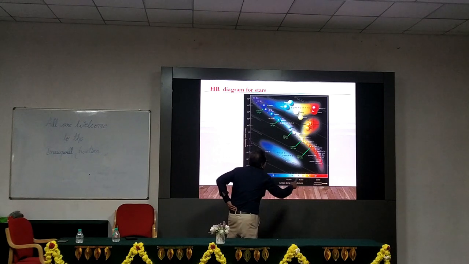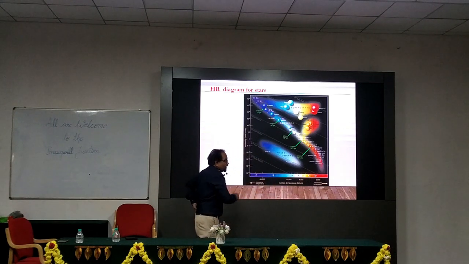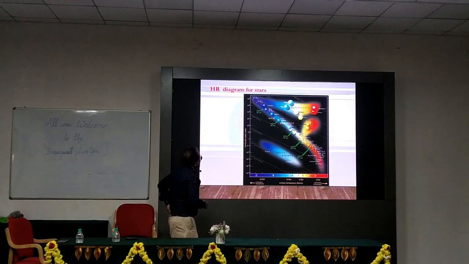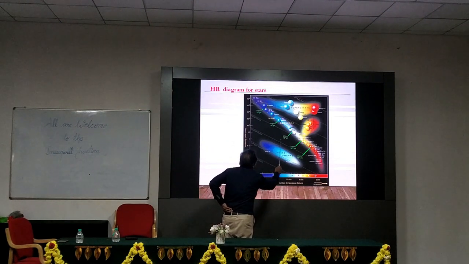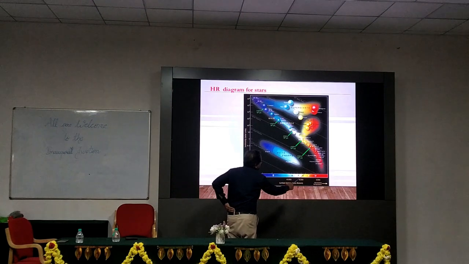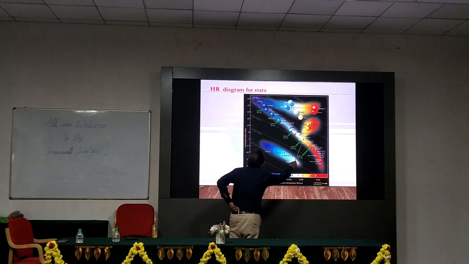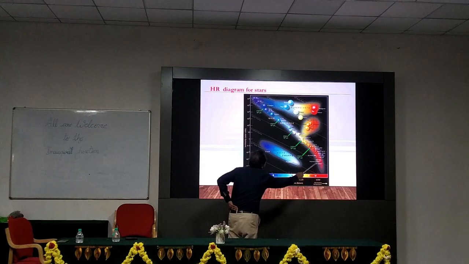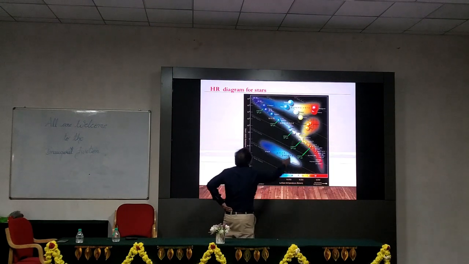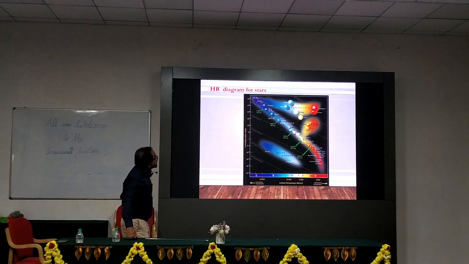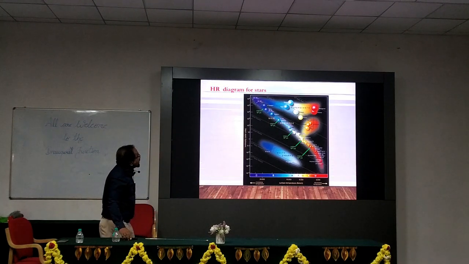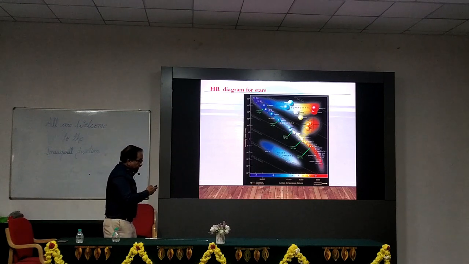OBAFGKM. How that name comes in, I'm not going into more details. So where is the sun here? The sun will be one solar mass and a G type of star, a yellow star, so the sun is somewhere here. You see a large number of small stars compared to the big ones. That is the classification. Some regularity was found in the